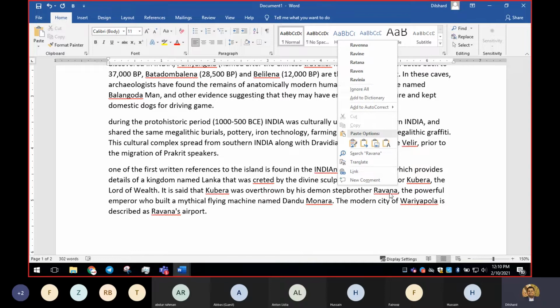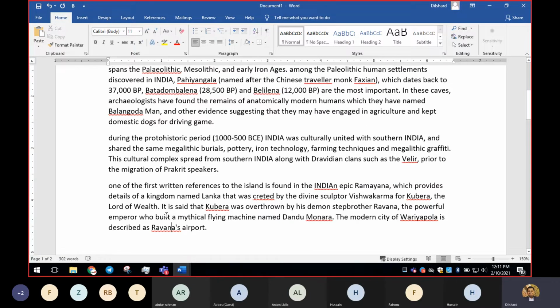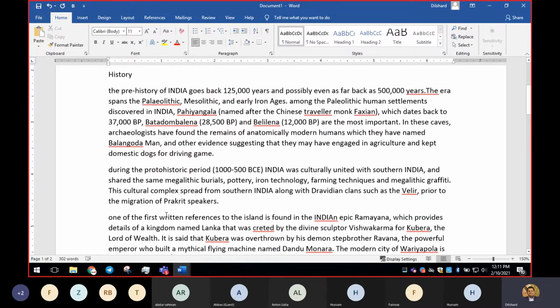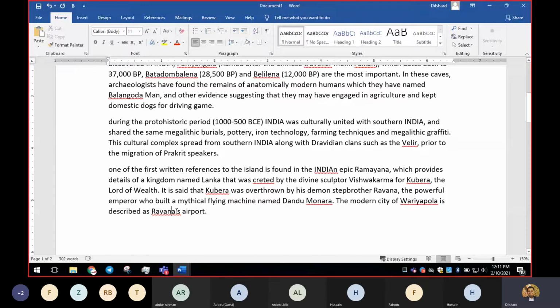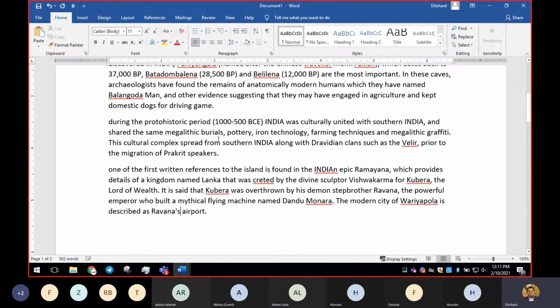So if this Ravana is repeated again and again in the same document, all these Ravanas will be ignored. That is what we say, ignore all. Right. So it is Ravana and it is Ravanas. Here we have to ignore this separately, since we have apostrophe s. So this will be detected as a different word compared to this. So I'm going to right click here and say ignore all.